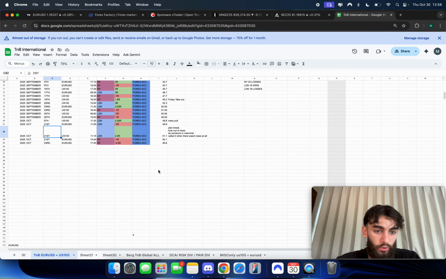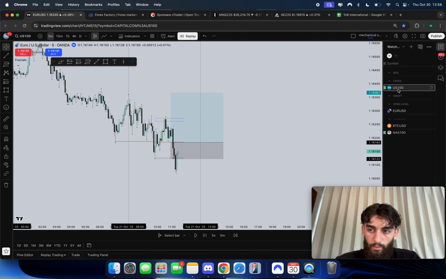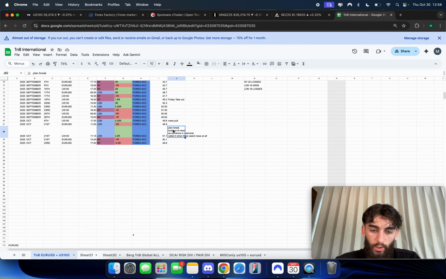21st, again, US 100, same session, but I do one trade per session per account. I had accounts that didn't trade, so they took this US 100 one. As you can see, this was a plan break due to a message in the Discord making me turn into a little scatty person because